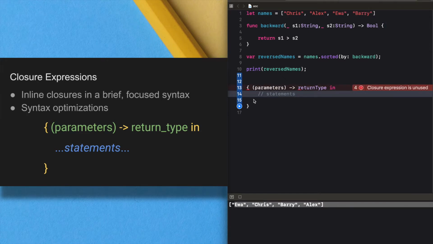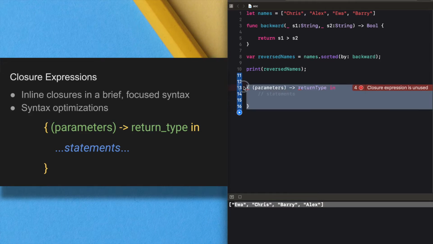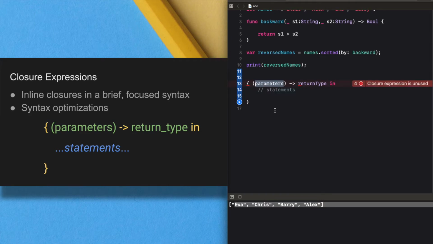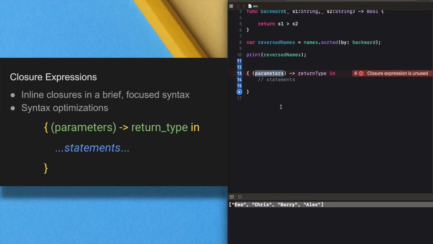Okay, this is the closure expression syntax. Here the parameters can be inout parameters, they can have a default value, and variadic parameters can be used here. Tuples can be used as parameter types and return types, no problem.